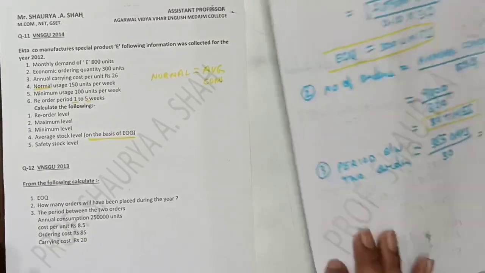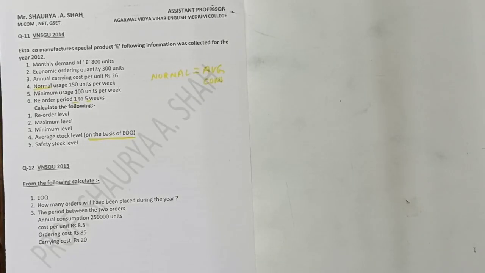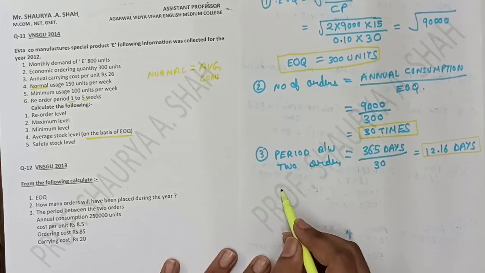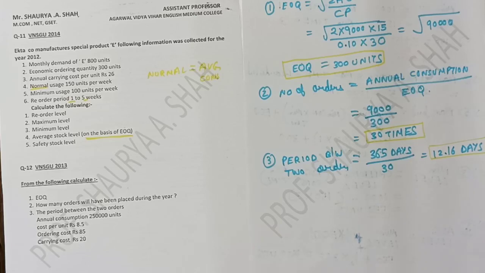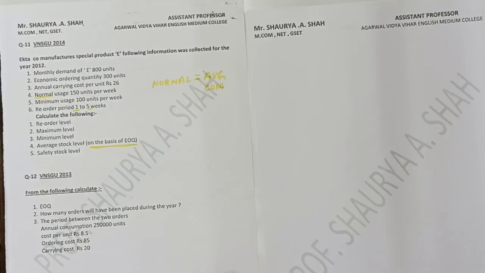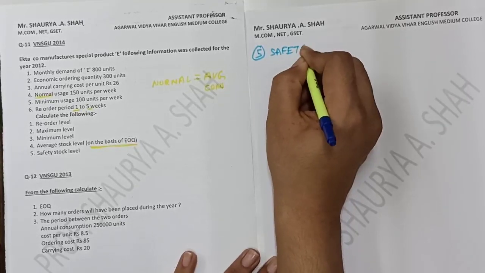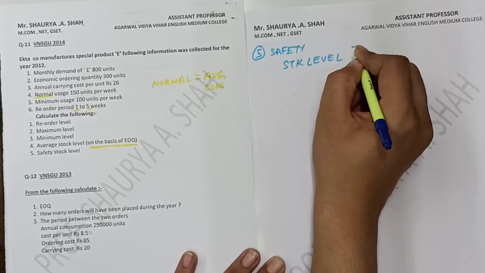Fine. Now the next thing is the fifth equation which is asked. What is the fifth equation? You have to find out the safety stock level. So fifth equation is the safety stock level that you need to find out. Write down the formula for that. Number 5, safety stock level is equal to